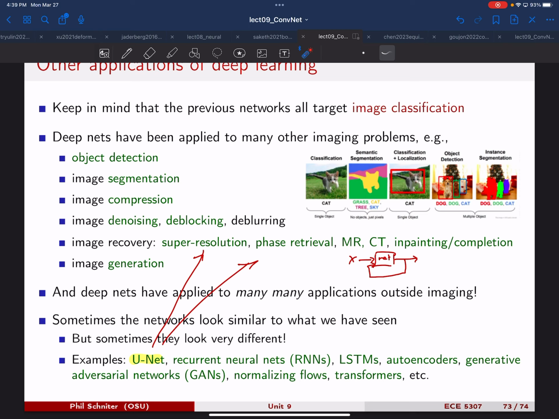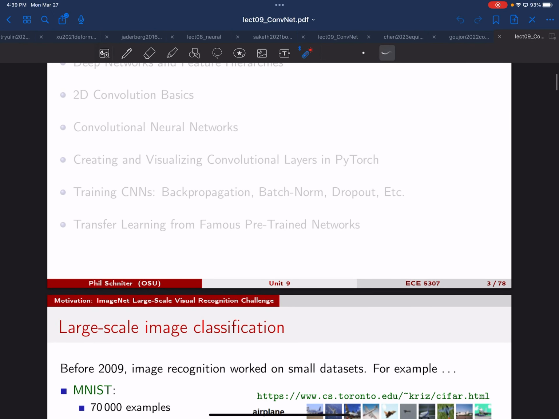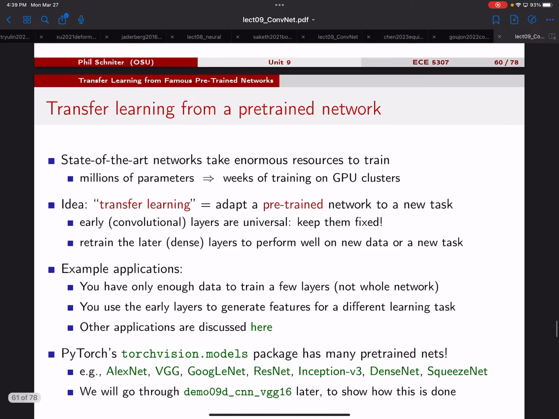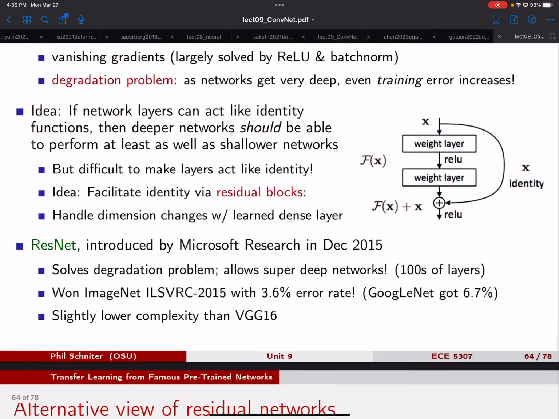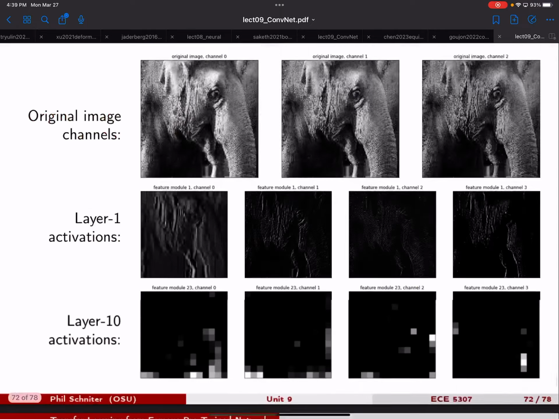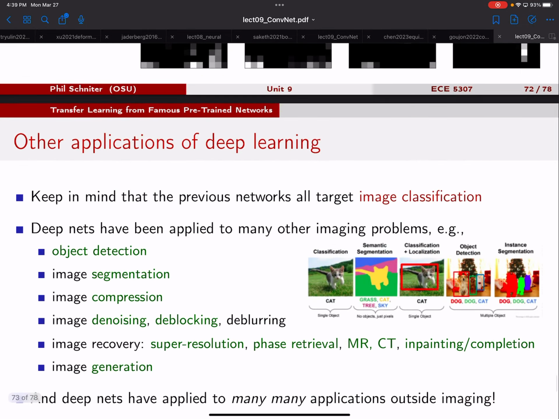Okay. So just today I made a few more slides. I've been meaning to do this for a while. But because we had some extra time today, I thought this was a good time to do it. Okay, so